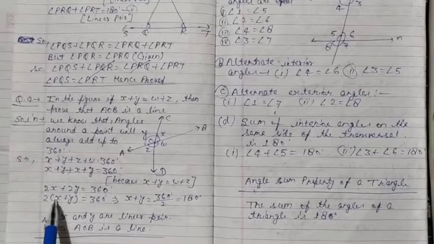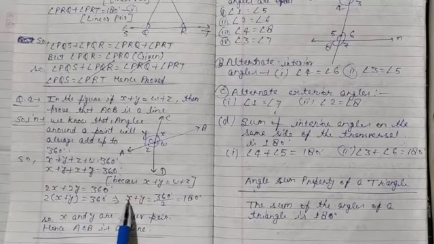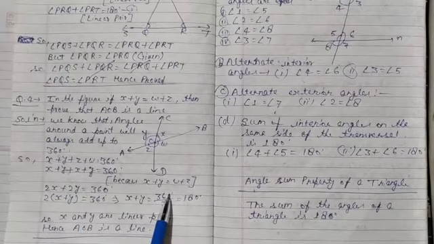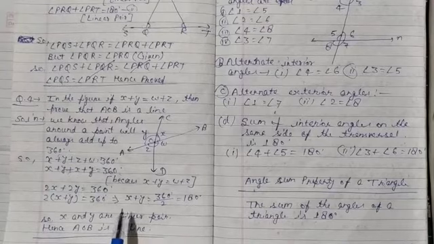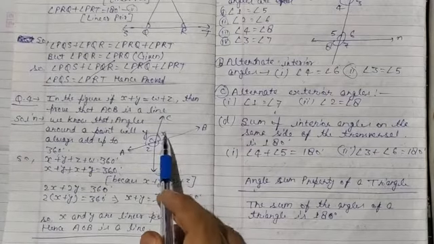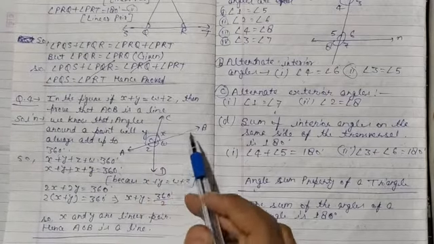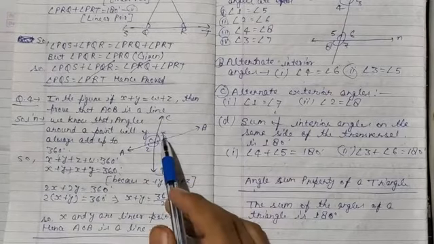Taking 2 as common, 2 times (x plus y) is equal to 360 degrees, or x plus y is equal to 360 degrees upon 2. Transposing 2 to the right side, it is equal to 180 degrees. So we got x plus y is equal to 180 degrees. The sum of these two angles x and y is 180 degrees, and we already know the sum of a linear pair